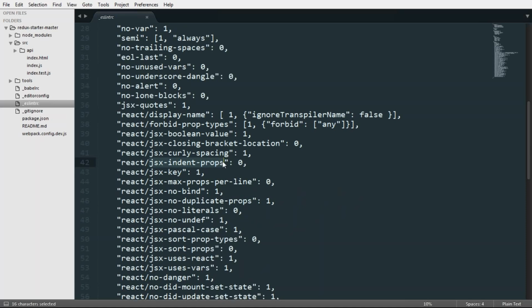If you are not indenting while writing the props in your React component, then it will not do anything because you have given a weight of 0. 0 means if the developer is not writing the appropriate indentation, it will not give a warning. So 0 means do nothing. 1 means give a warning and 2 means give an error.